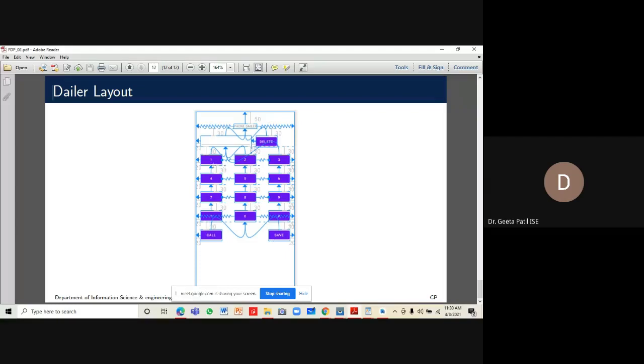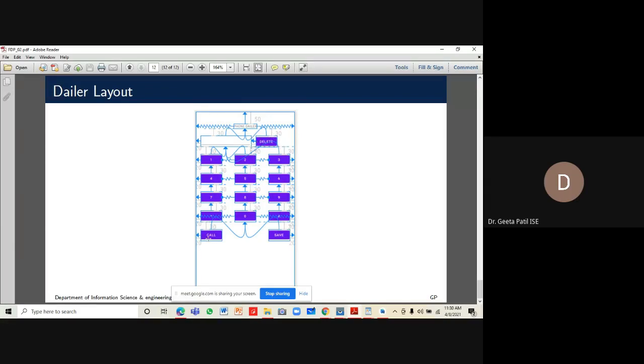So we have buttons to do it. We have buttons numbered 1, 2, 3, 4, 5, 6, 7, 8, 9 and 0. These are the buttons which are available. Apart from this, we have star and hash buttons. Then there is a delete button. There is this text view where we are storing the number, and if we want to do any deletion, that is done using the delete button.